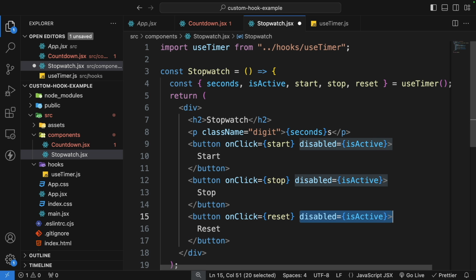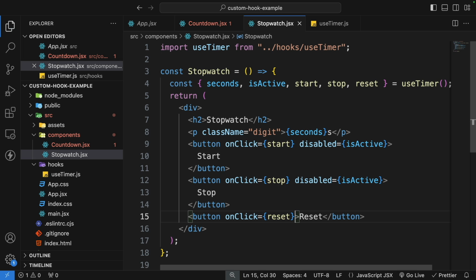All right, for the reset, I don't want to disable this button. I want to keep it active, so a user can reset at any time. And for the stop, I'm just going to have an exclamation here. So if it's true, then this will become false. All right, now we will go and check in the browser, but before that we can also write the same